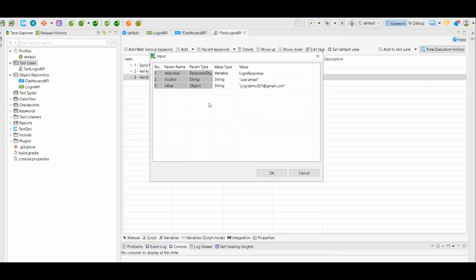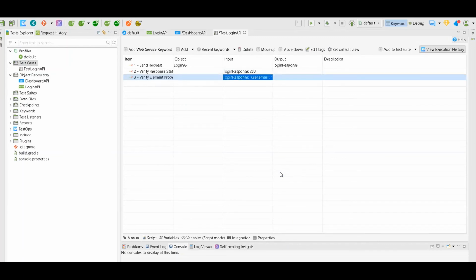So I'm checking from the response object: once the response comes, please check that user.email should be equal to this. Okay. And then save this script.